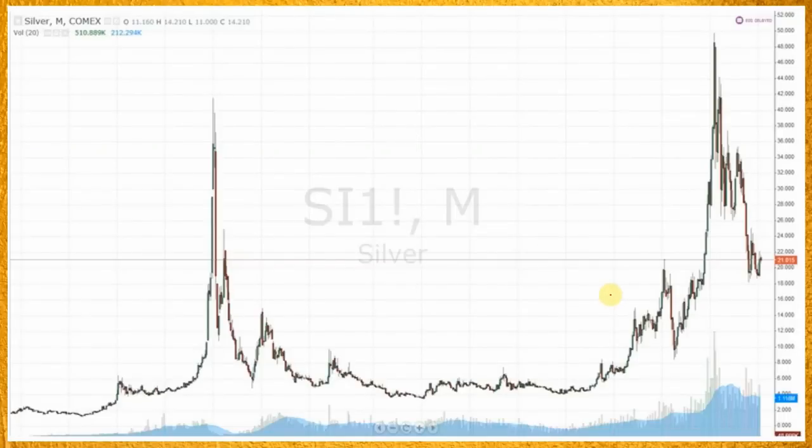But let's have a look at more extreme cases. So this is silver priced in US dollars on the monthly scale, and this goes back right up until the 60s. So I think this is around 1968-ish over here. And this here, what you can see is actually, seems slightly curved here, and then it goes vertical, and then we've got a